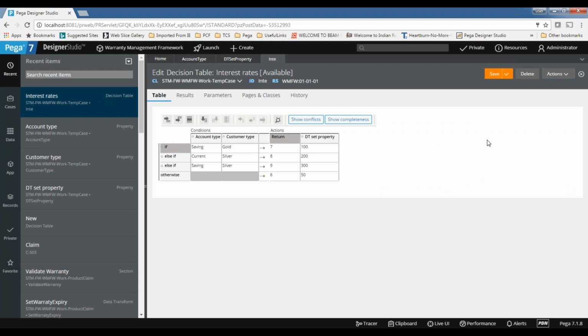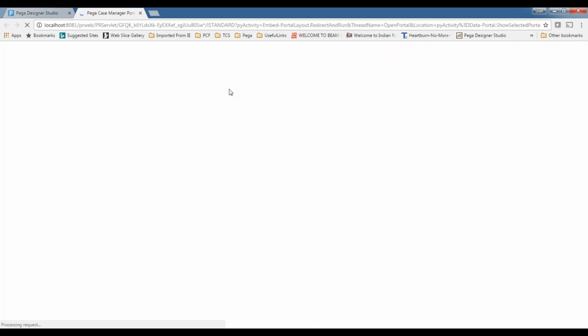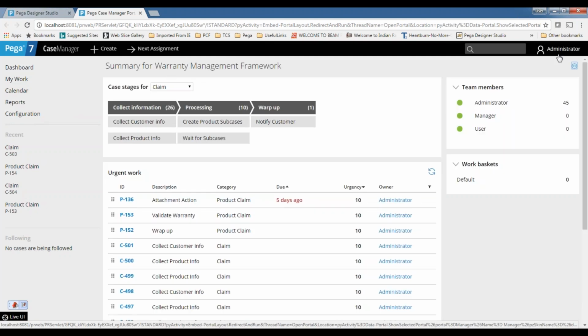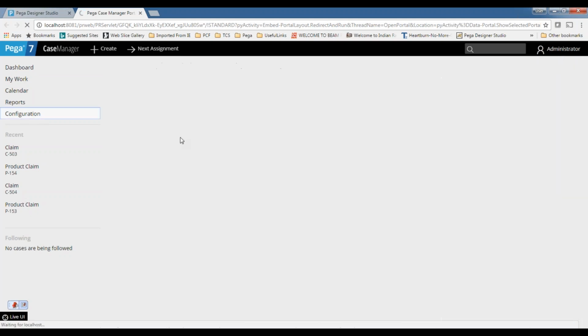So once a developer delegates like this, once they log in to their portal, let's say manager portal, here they can see one more option called configuration. This configuration option won't come by default for all the users. Only for those people to whom I delegated. So here I delegated to administrator. That is why only for administrator this is coming. If you log in with other users, this won't come.